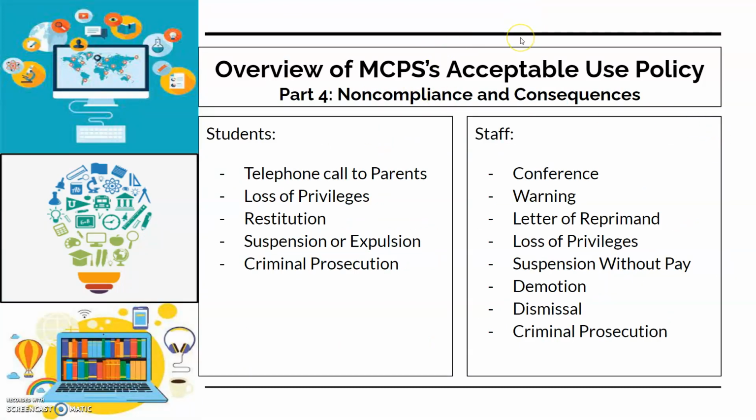If you do not follow these procedures, there are consequences for non-compliance that are specified for both students and staff. For students, you get a telephone call to parents, loss of privileges, restitution, suspension or expulsion, and criminal prosecution. For staff, this could mean a conference, warning, letter of reprimand, loss of privileges, suspension without pay, demotion, dismissal, and